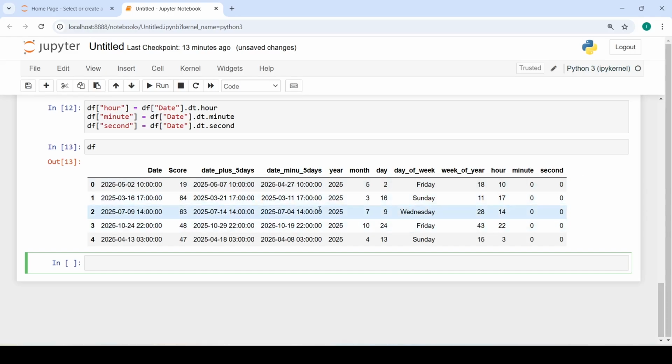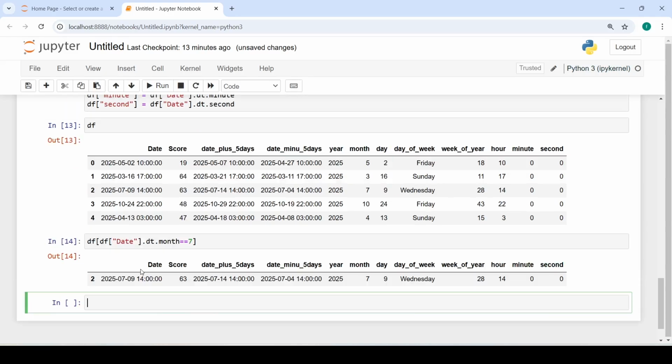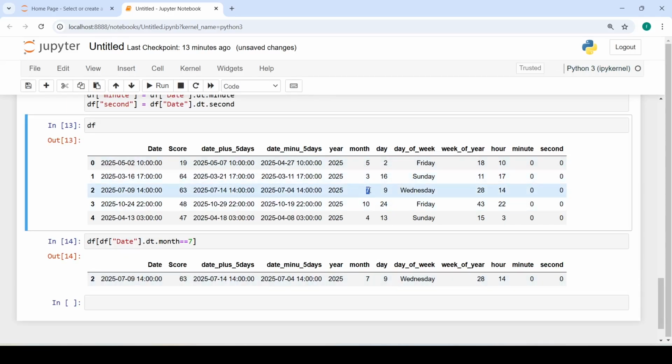Let's say I will apply it on date, and I will write here df of df date, and then dt dot month is equal to 7. Now for this month 7 we have only one row here, so we got this in the output where the month is 7. So you can apply a filter on any column,